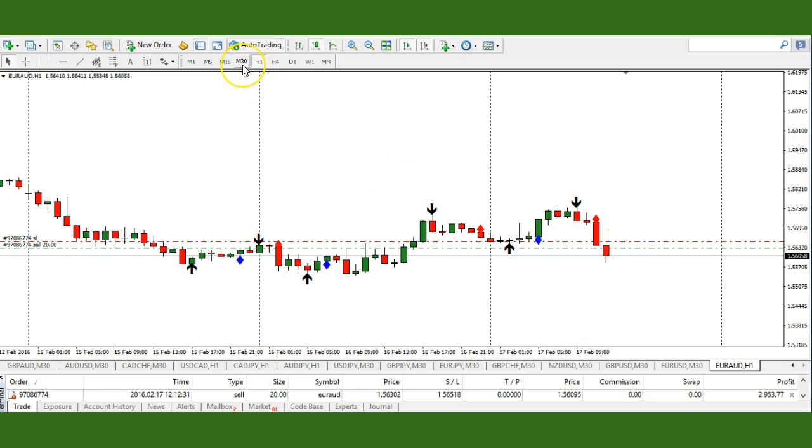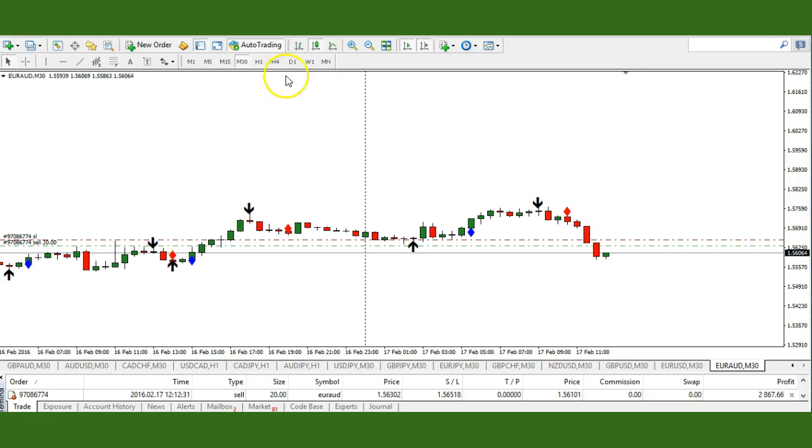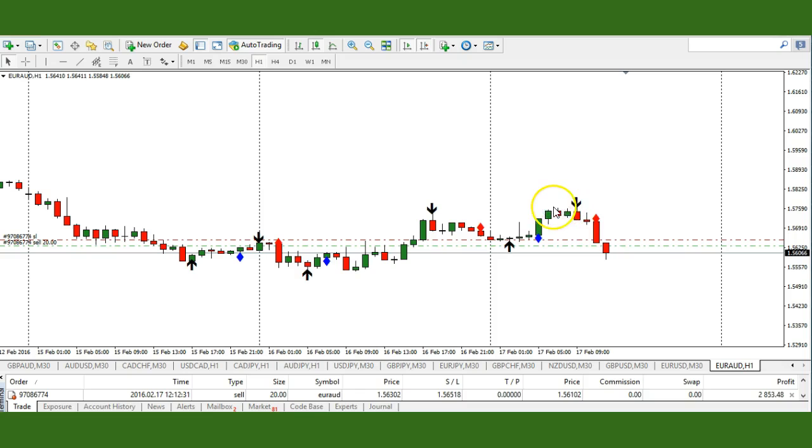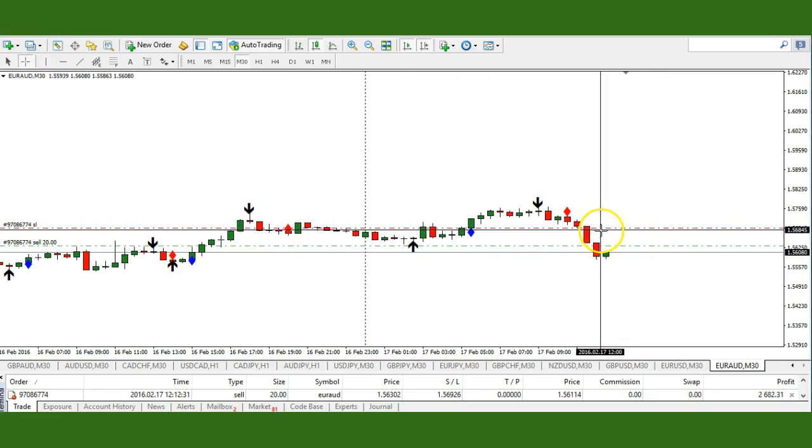Now, to get an early entry, you can use a smaller time frame. What I do is look at a daily chart and see if there's a candlestick pattern reversal. Then I'll scroll to the 30-minute chart and see if there's a trade signal. And there was. There was one all the way up here. But we could have taken this trade up here on the 30-minute chart, and we'd be up 85 pips